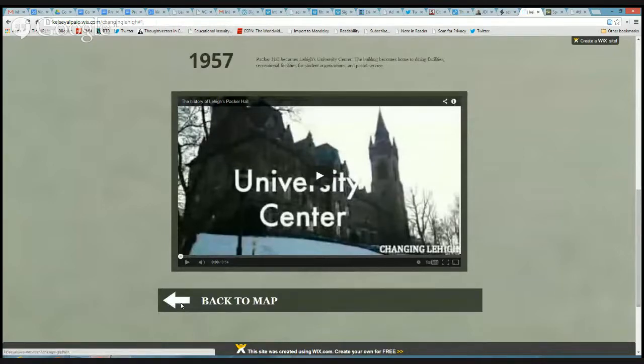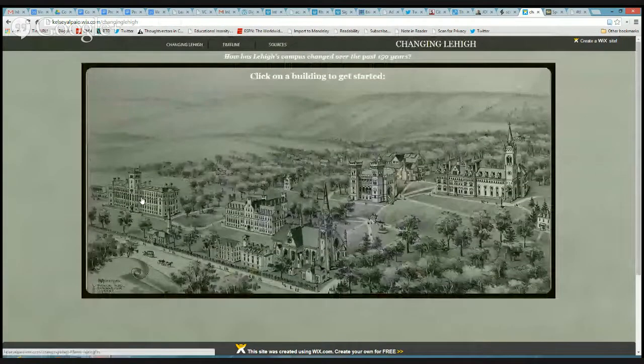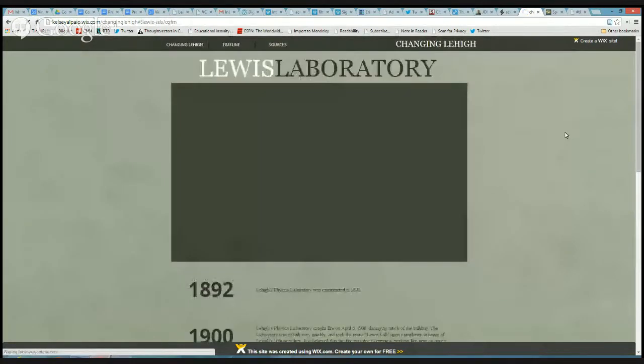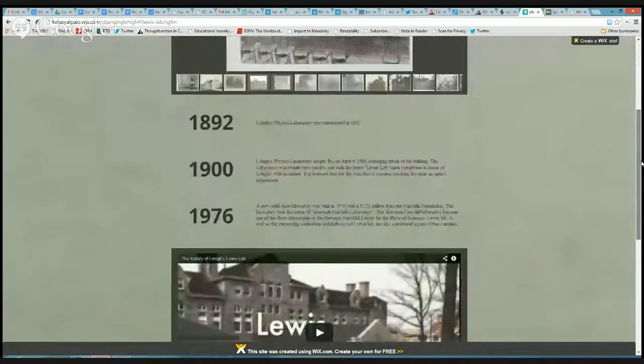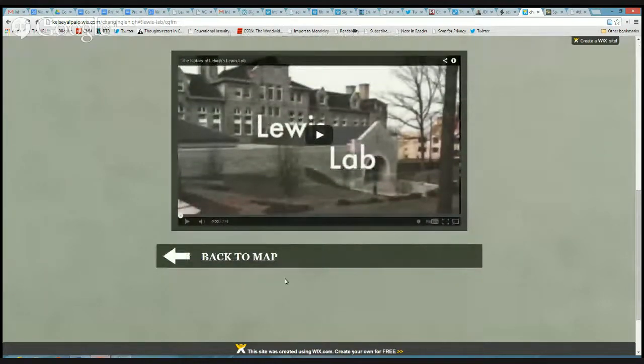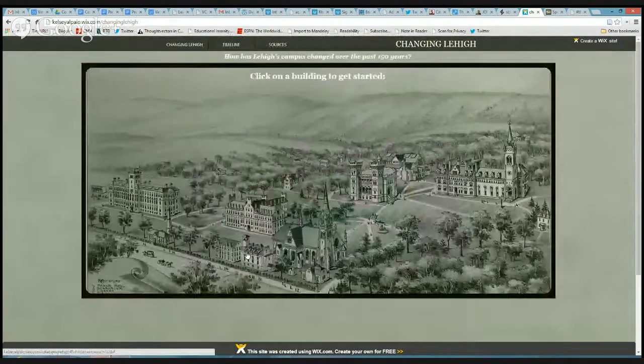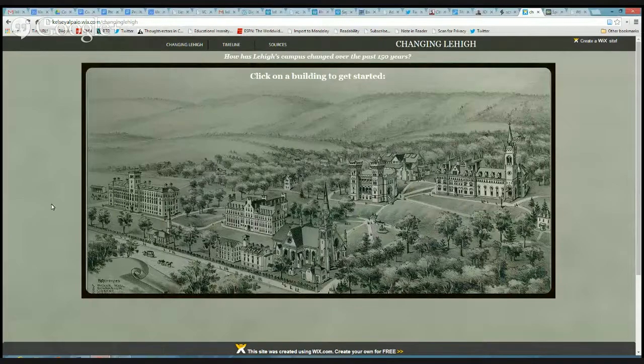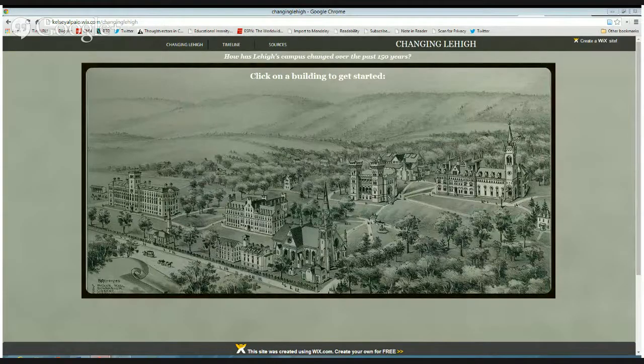And then you can just navigate back to the map and click on another building. It has the same kind of effect, different pictures of the building over time, a little timeline, followed by a little history. So here is, for me, just an interesting use of a particular website and its affordances to build out an argument or a project about the history of a campus, starting with a map as the orientation point. So again, just another interesting example to me of what's possible when you do a project for the web specifically at the outset. So I'll stop screen sharing there and see what folks have to say.